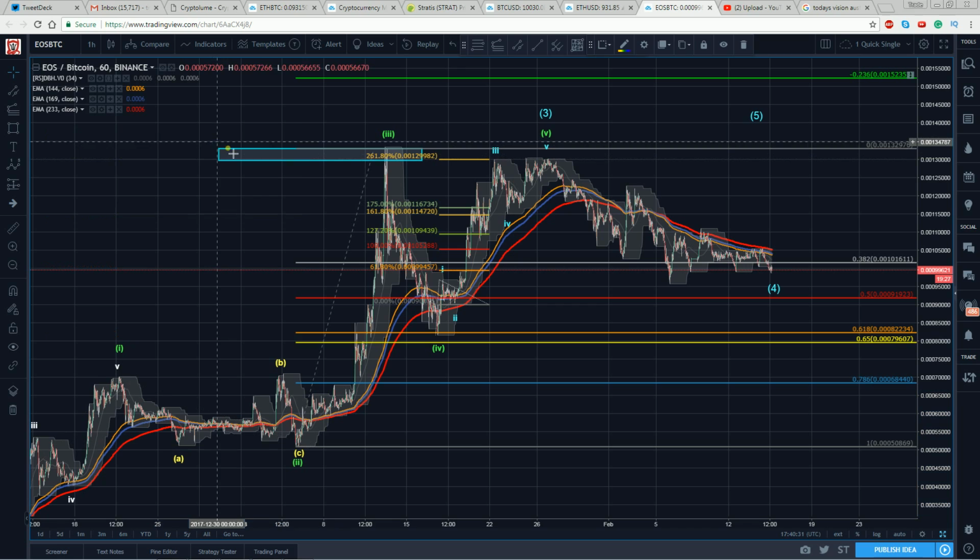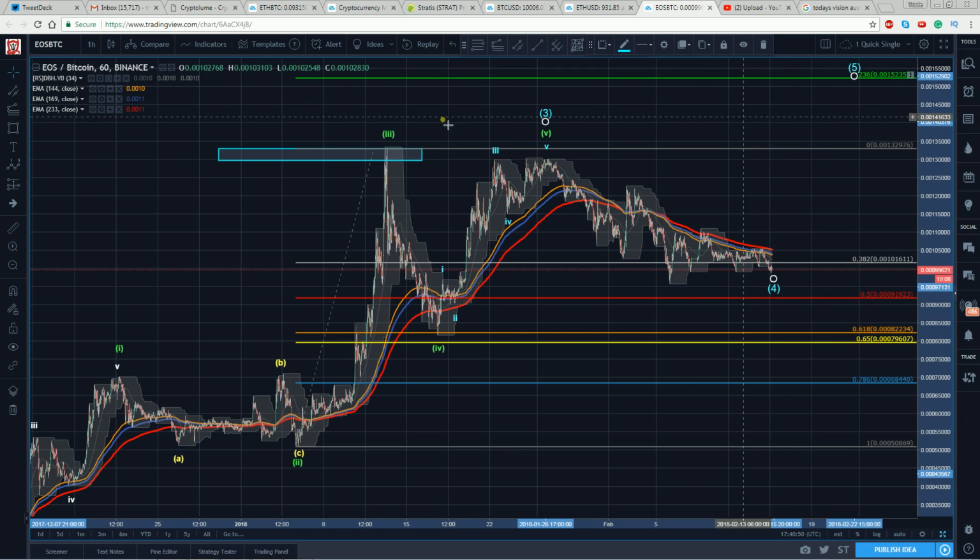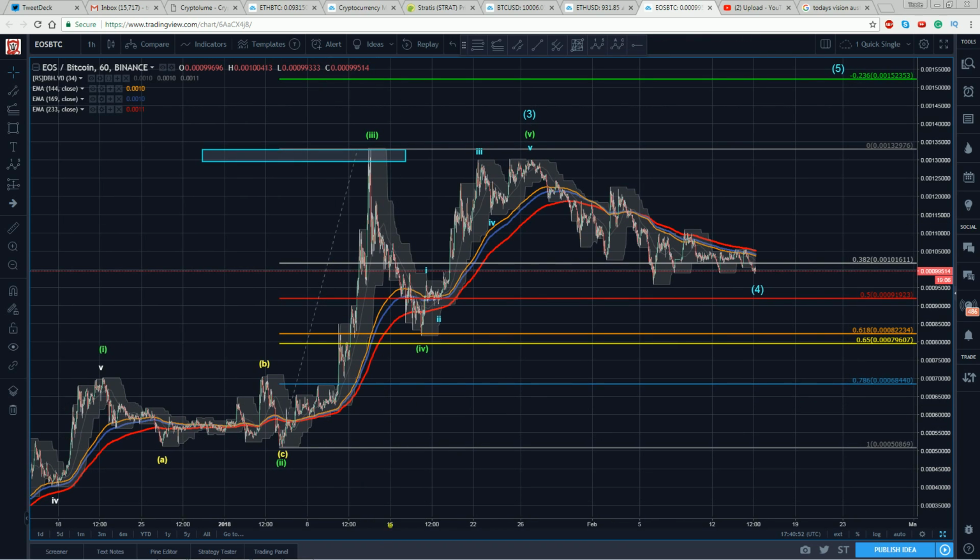Okay, so let's pull some of this off. Now we're just working back through it, just using the probabilities of where we're likely to find these pivots. And one thing we can say with certainty, the market is clearly trading technically. Now, we've got the fib pull here. We've got the algo pull for the length of the 2 right into the golden zone. Here's their target up here. So it's not unreasonable to put this up here as our 5th. We know algos are going to be pushing for that.